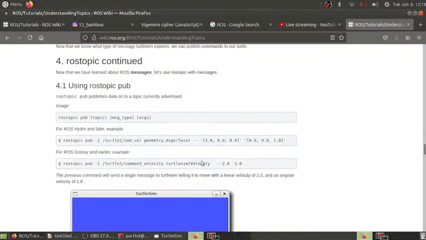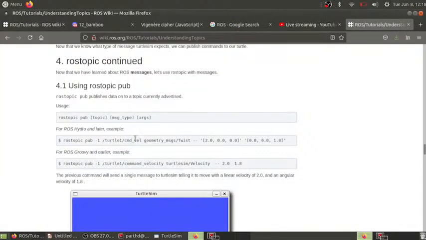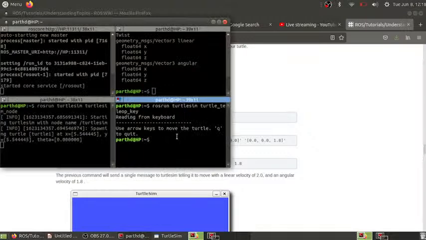So now let's publish to the message, not by our teleoperation, but we will publish by ROS topic pub. We will use the publish command to publish the values. ROS topic publish